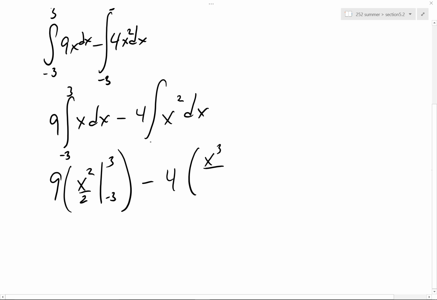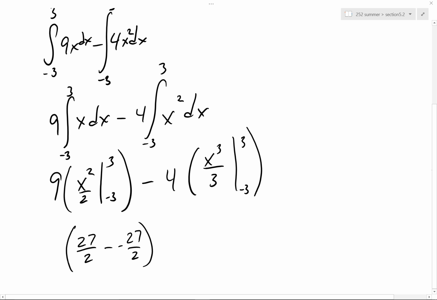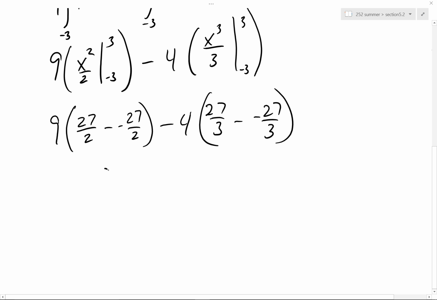It's going to be x cubed over 3 from negative 3 to 3. And so that's going to be 3 squared is 27 halves minus a minus 27 halves times 9. And that's going to be 27 thirds minus a minus 27 thirds. And so it's going to be 54 halves times 9 minus 54 thirds